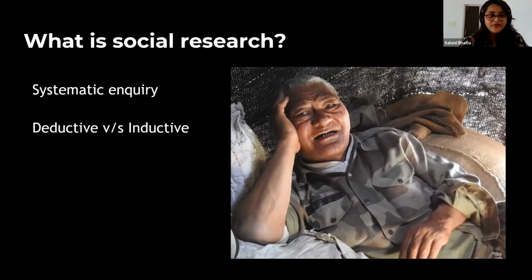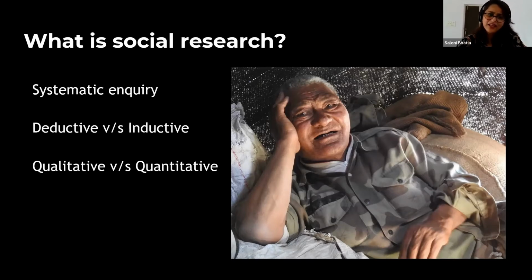So we are trying to break down what social research comprises. We've said that it's a systematic inquiry that's logical and empirical in nature. It's scientific, of course. There are two ways of doing it: predominantly deductive and inductive research, and this should be fairly easy. Could you give me examples of qualitative research? I am guessing most of you know what qualitative research is. So any examples?